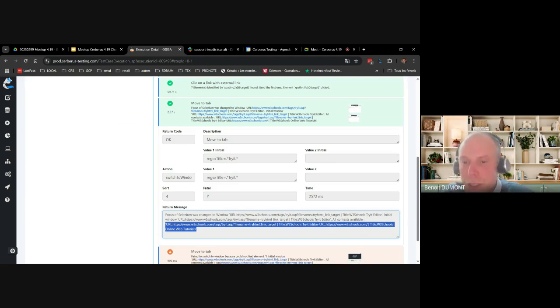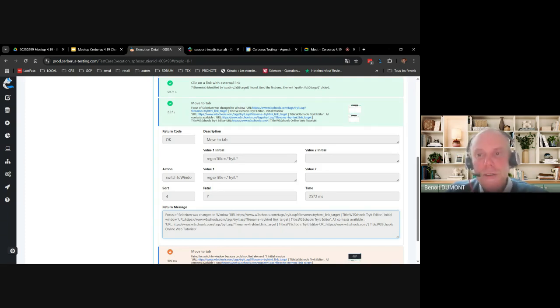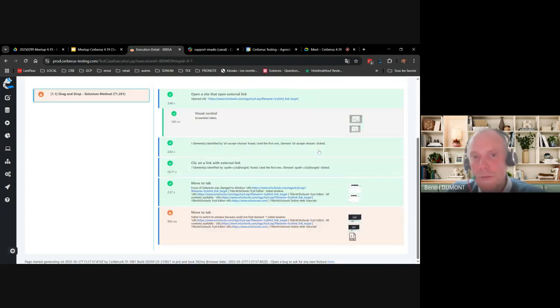So if you have many tabs or many windows open, it will report here all the URLs and titles of every window, so that if you fail to point to the correct window, now you have all the trace necessary to either perform a regex on the URL or a regex on the title directly, without any risk of taking the wrong value.